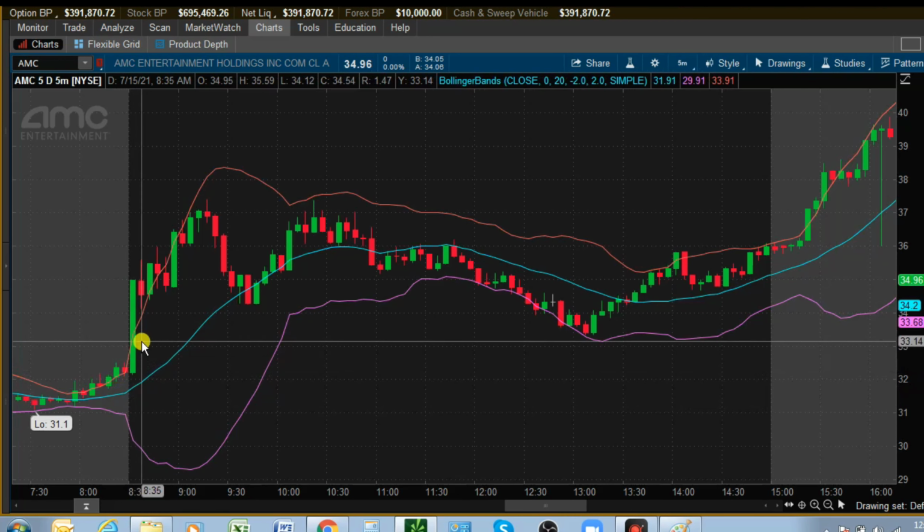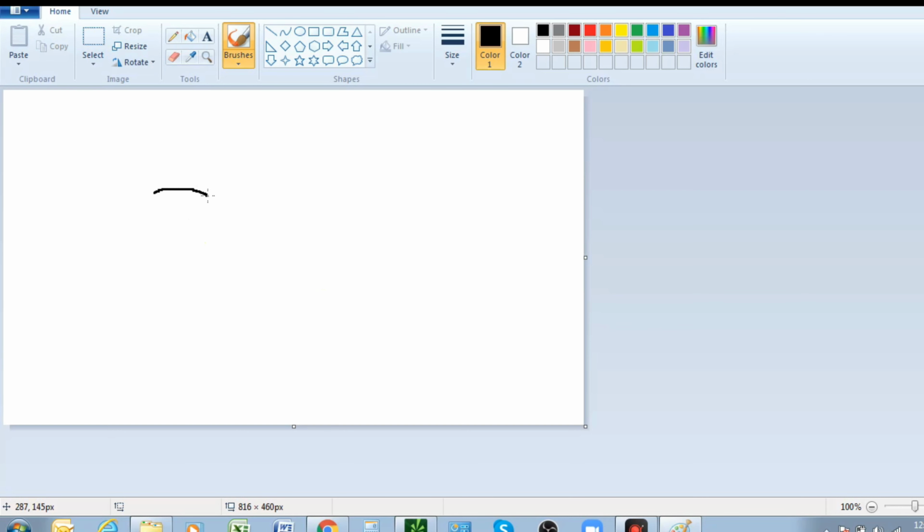let's get back into this right here. Whenever you notice that the Bollingers are starting to come together like this, okay, that means that stock is going to start going sideways. When you see the Bollingers start to converge, that means that stock is going to go sideways for a minute. That's what's going to happen, sideways,